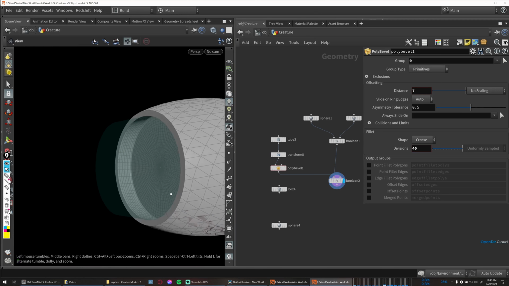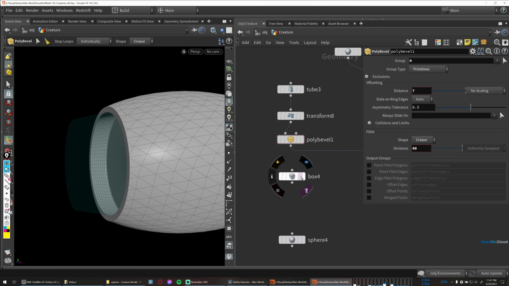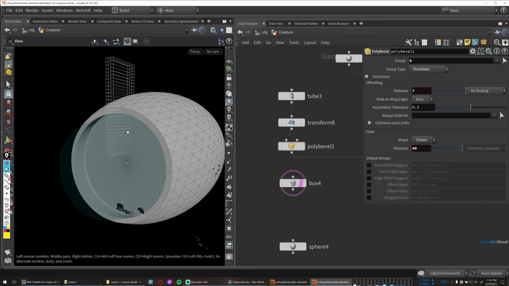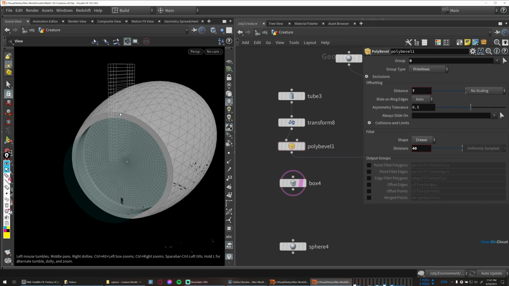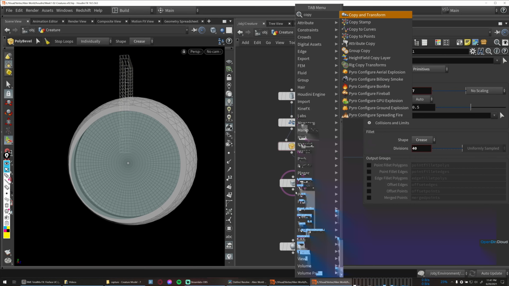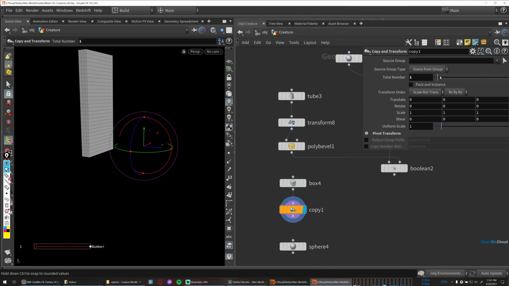Alright, so now I'm going to kind of cut out these almost tooth-like shapes from the front of this edge here. And I'm starting first with just this basic box to cut out these little gaps there. And I want to duplicate this box to fan out in a full circle around the sphere here. And we can do that with a copy and transform. Then we can start increasing the number of copies here. And as we increase the number,